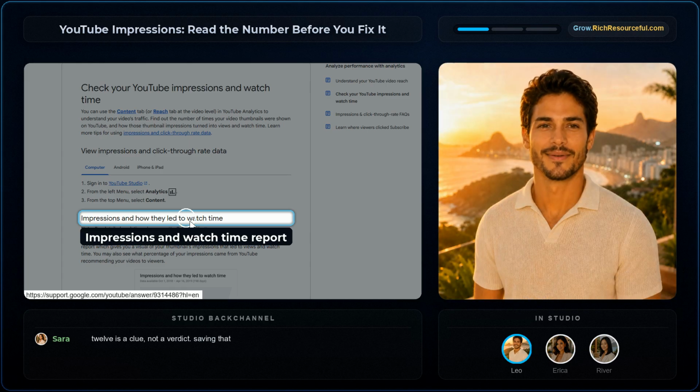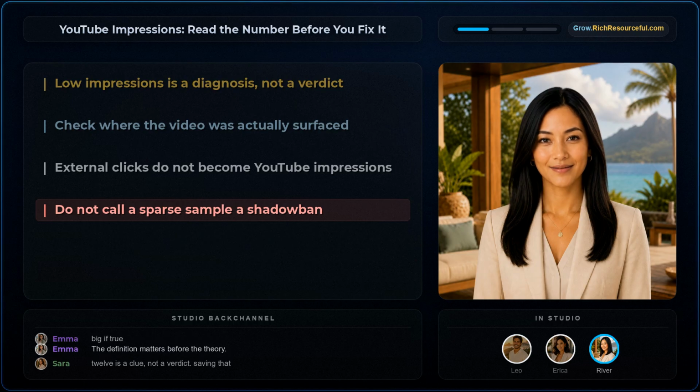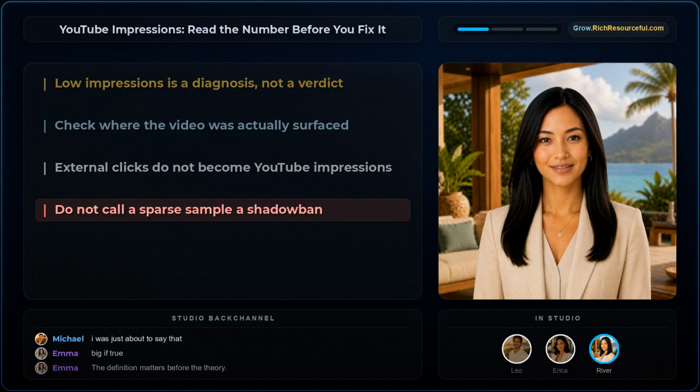So we have 3 questions. Was it shown? Did people choose it? And did those viewers stay? That's much better than staring at the public view count like it owes us an apology. Exactly, Leo. File that away. In a minute, we will sort those questions by traffic source, because a search problem and a browse problem deserve